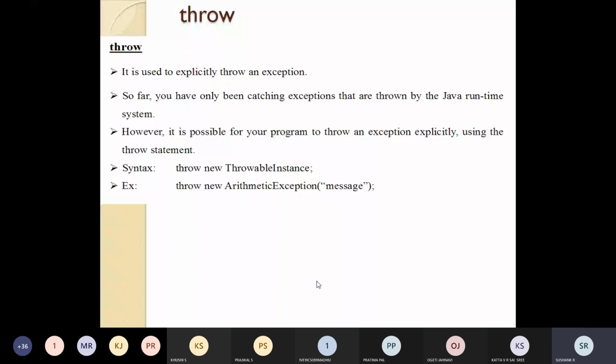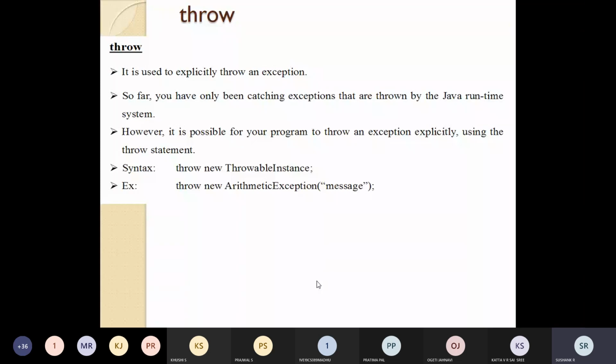So what is the syntax? The syntax has been written: throw new throwable instance. For example, throw new arithmetic exception, and the message that you want to send. So this throw keyword can be used to throw an exception manually.